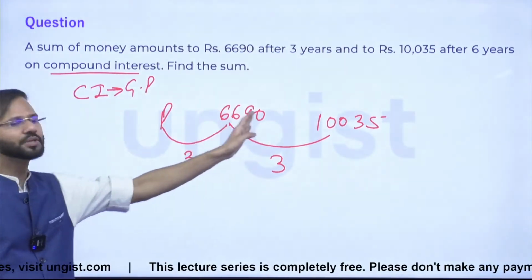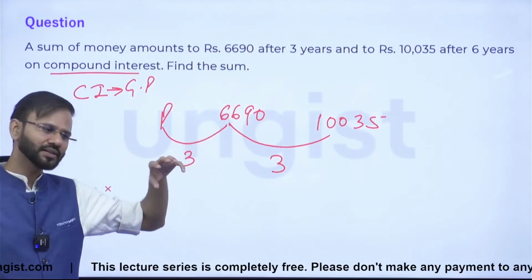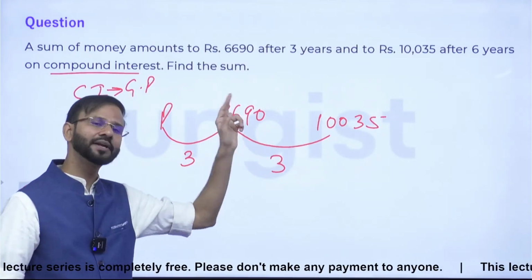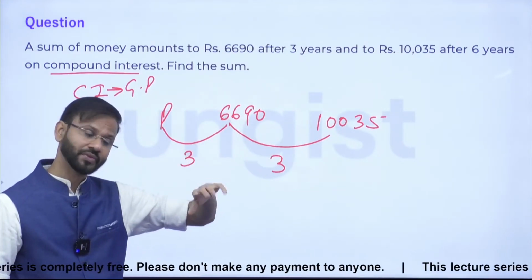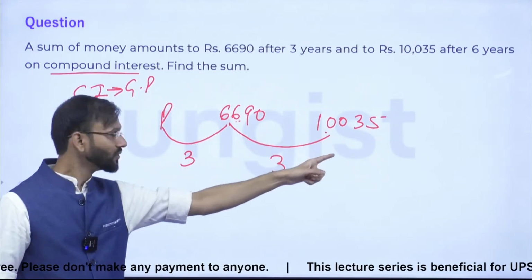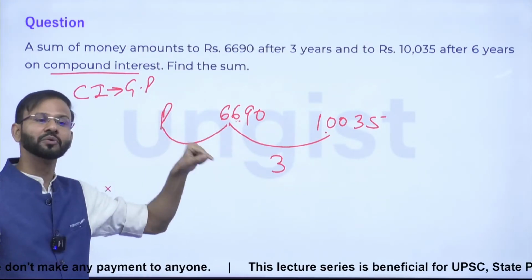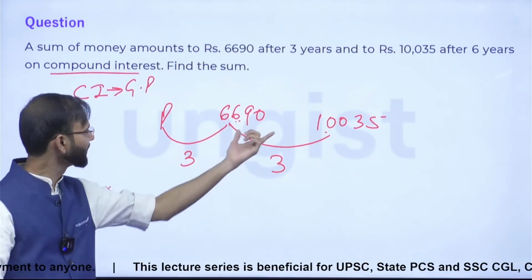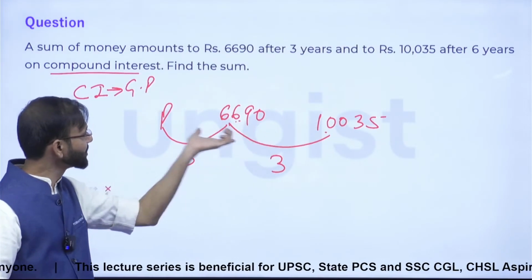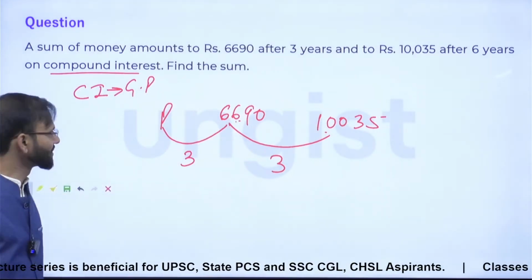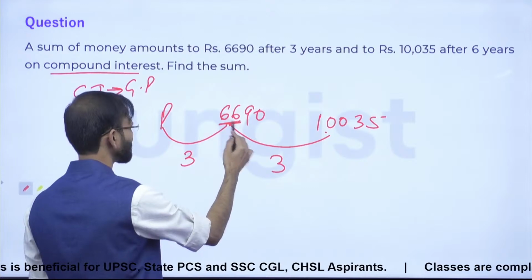It must be forming a GP here, and what is the speciality of GP here? The ratio between any two consecutive terms remains same. सो इसके बीच में जो भी रेशियो है वो निकाल लिया जाए, वही रेशियो इसके और इसके बीच में भी मेंटेन होगा। Guys, yes or no? You just have to find the ratio between these two terms, and the same ratio will be maintained here also, right? And ये वैल्यू मैं आपको देख के बता सकता हूँ। ये 66 है ना, तो इसको 33 कर दीजिए पहले तो।